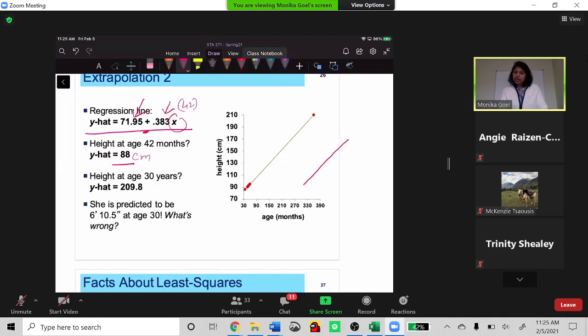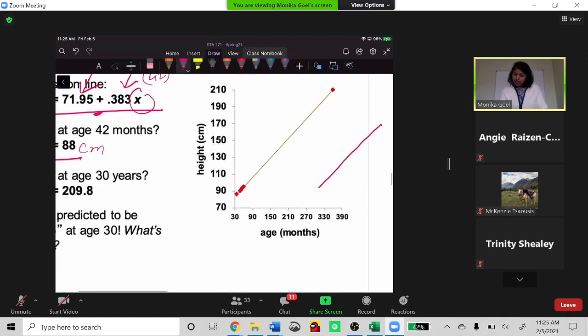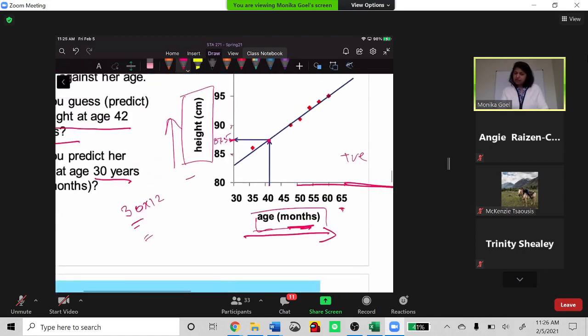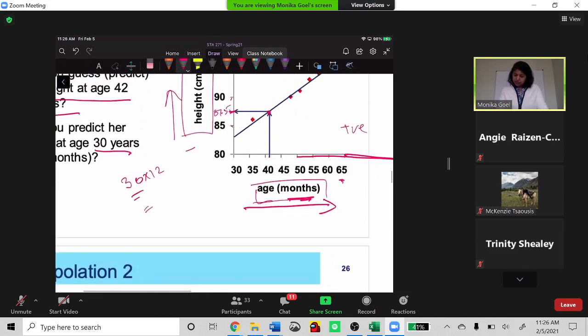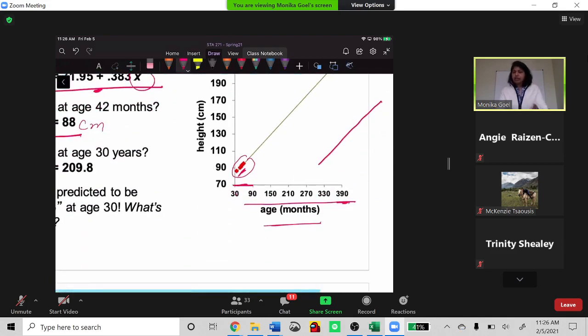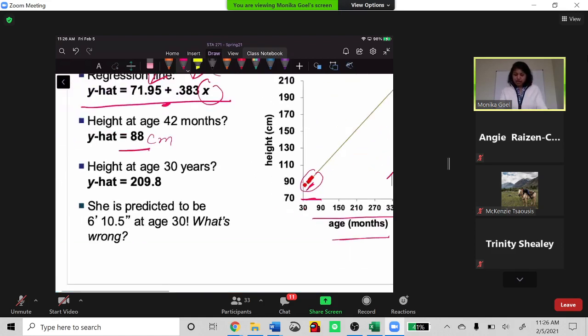Now you look at the age of 30 years, and you might see that now these points are very close. Why? Because now we converted it into months, and then we are going further. Earlier we only had up to 65 months, and now we go up to 390. So they are all close because they are between 30 and 65 here. We have these points, so that's why these points are all close. And it again depends what you are doing, how much you are keeping the interval size. Height at the age of 30, looking at this, is